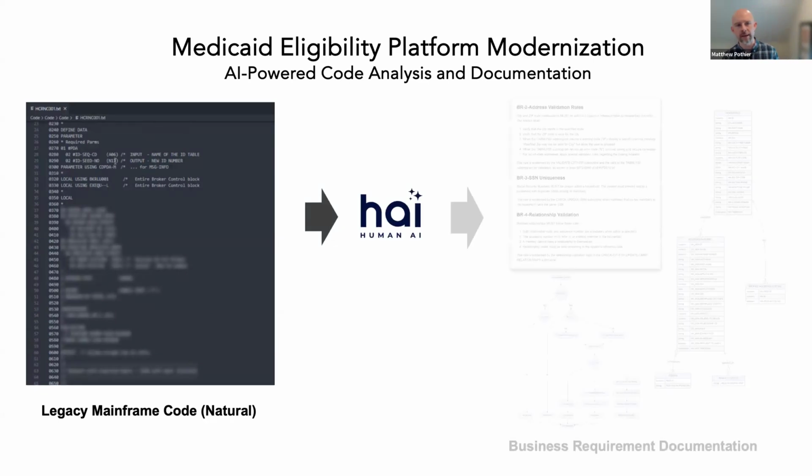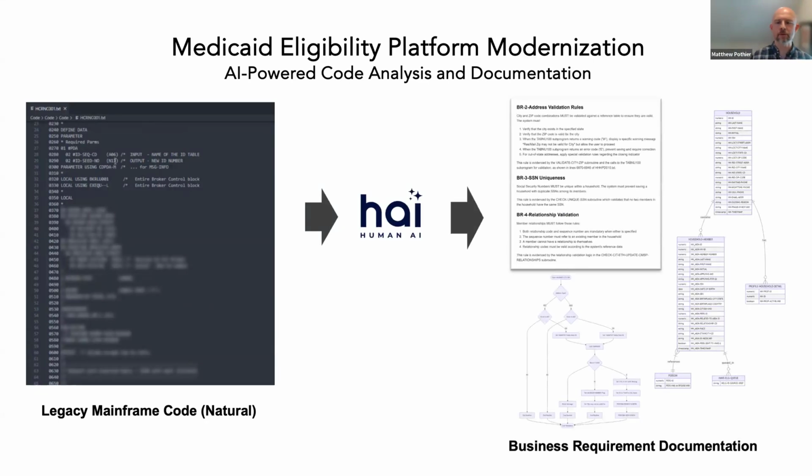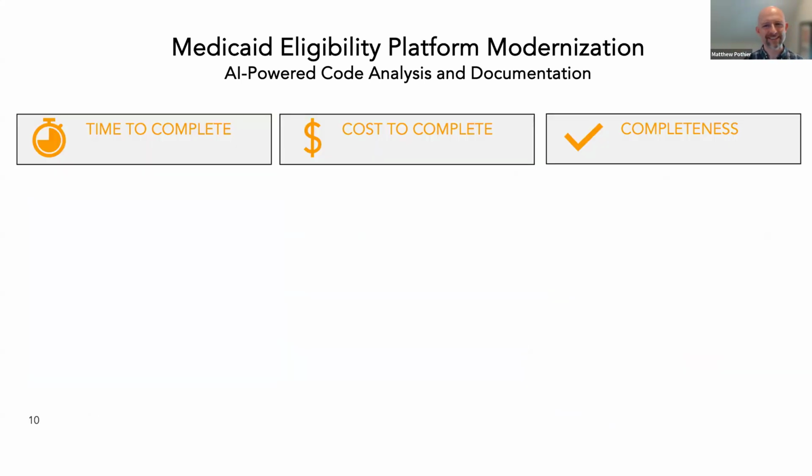And again, through our human AI solution here, we were able to come out with a whole set of business requirements documents, schemas, sequence diagrams, process flows, really cool stuff that was really beneficial in bringing to light what the application was doing and the necessary components that would have to be considered when looking to execute on the app modernization technical efforts.